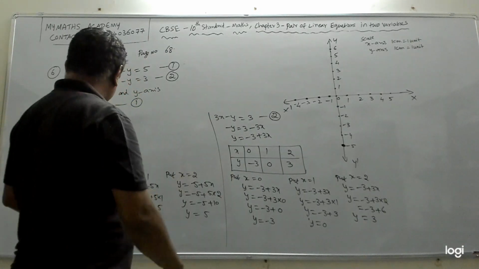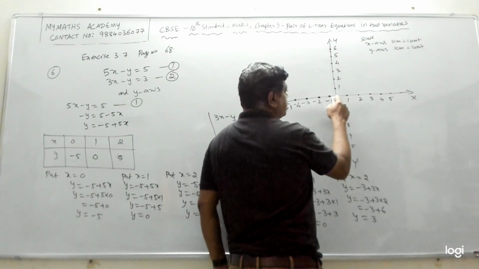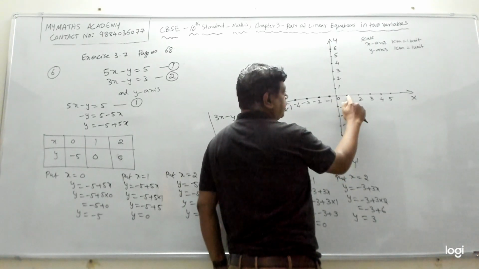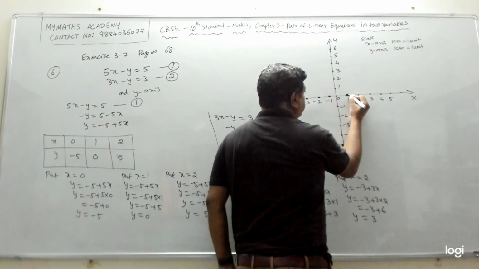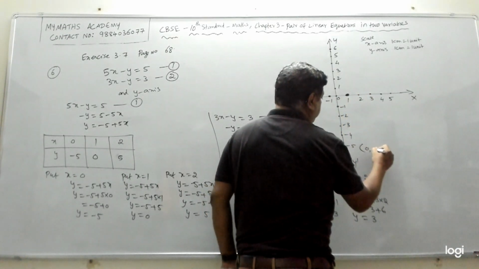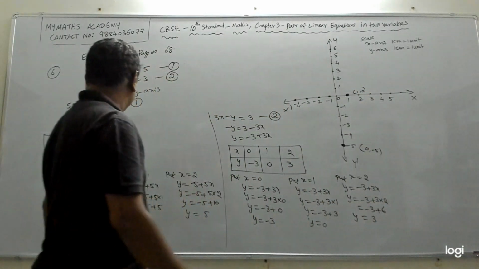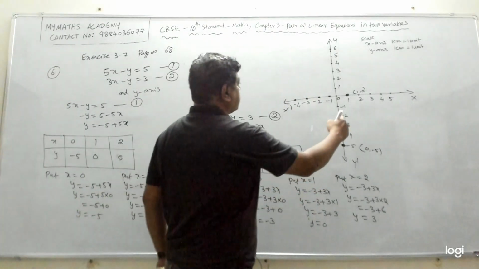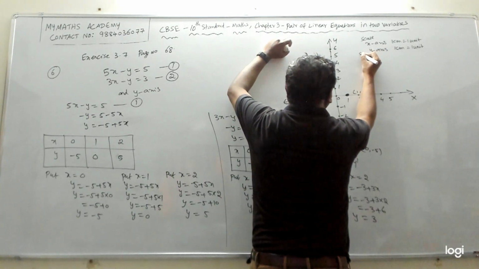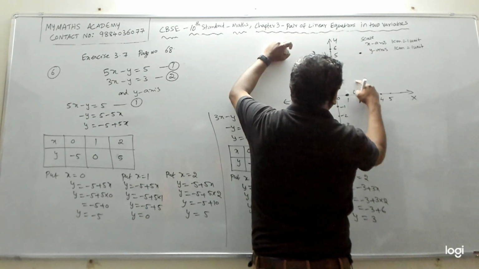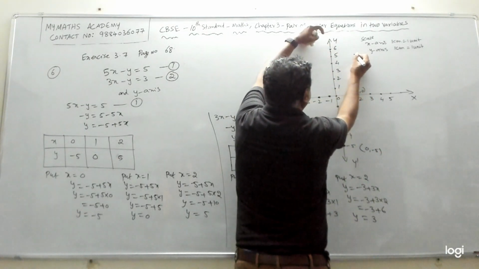Right? Then 1, 0. 1 is here. And y-axis is 0 here. x is 1 here and y is 0 here. So 1 comma 0 will come here. So this point is 0 comma minus 5 and this point is 1 comma 0. Then 2 comma 5. 2 is here and 5 is here. So 2 and 5 will meet here. This is my 2. You take straight, this one straight, my 2 comma 5 will come somewhere here.